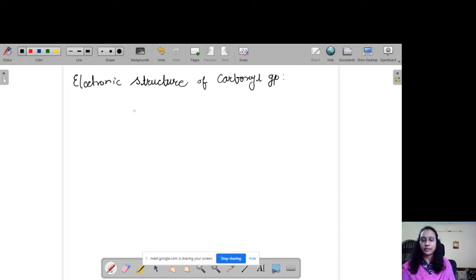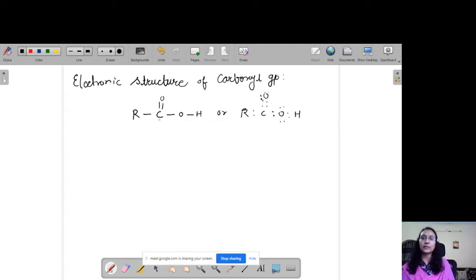Actually, we have seen that the carboxyl group can be written like this, or it can be written in this way also, with a double bond to O. So there will be two pairs of electrons. And this carbon is attached to the oxygen, which in turn is attached to the hydrogen. Yes, we know that we can write it like this.